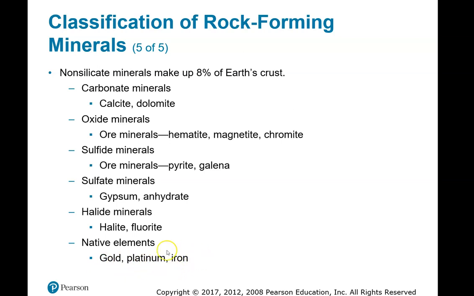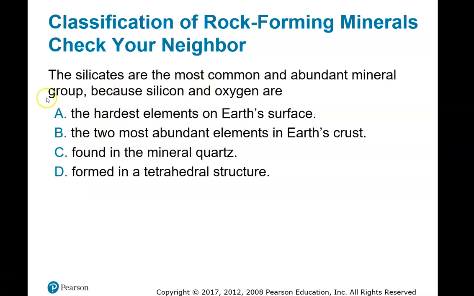Iron is used all the time. If it's just the element by itself, and not some chemical mixture like the sulfates, which are some mixture of SO4 with something else, right? If it's just the atom by itself, they call it a native element, like gold, or you can find that on the periodic table: gold, platinum, and iron. Iron is element 26.